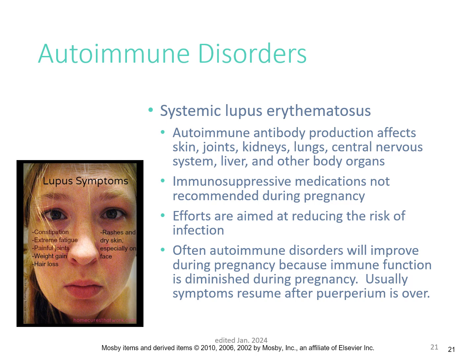Problem is, 6 weeks to 8 weeks after pregnancy, they will see that their disease returns. Now, it doesn't necessarily come back and have a bad exacerbation, or get worse necessarily, but it will come back at about the same level that it was pre-pregnancy. A lot of times they'll think, I'm cured, and then they'll find out sadly that within 2 months after the baby's born, their disease has recurred at about the level that it was before. But they do see an improvement in their symptoms during pregnancy with autoimmune disorders.